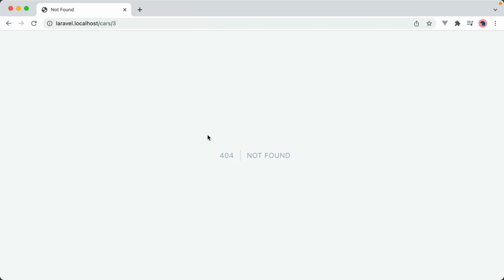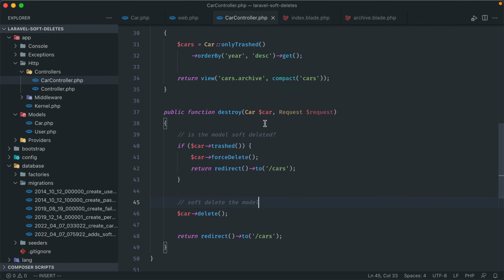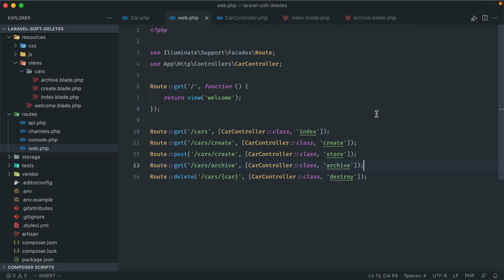And that's because our model was soft deleted and Laravel acts like it was completely deleted and doesn't exist in the application anymore, since for most intents and purposes, it should. See, I'm using this route binding here to grab the model, and if a model doesn't exist, it will automatically return a 404. I can modify this slightly though to include soft deleted models. Back in our routes web file, I have to just tack on withTrashed to the end of this route call. So now going back and trying this one more time,